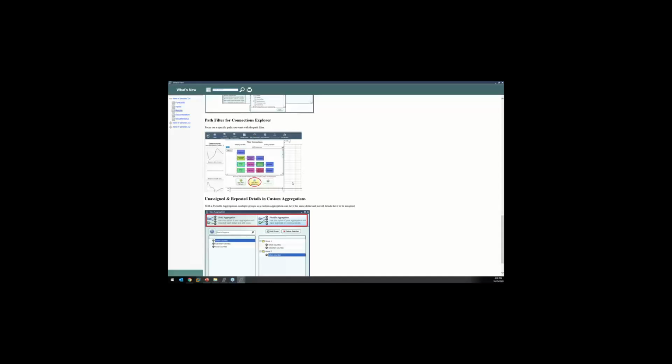We also did some things where we allowed filtering for origin and destination regions, which we didn't have before. And we also added a way that you can filter the paths in the Connection Explorer to more easily go through and do that sort of thing. So we've got a couple more things there. I don't want to spend too much more time on that, because what I want to do is